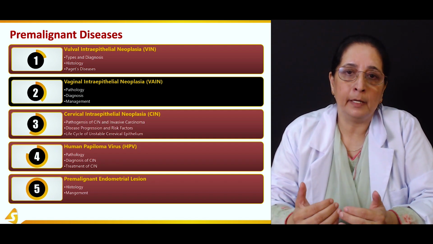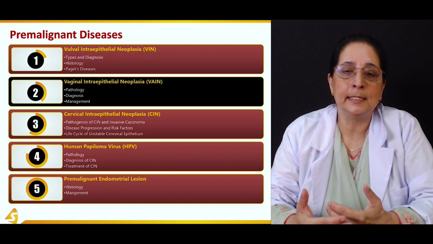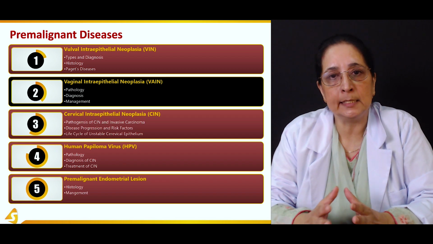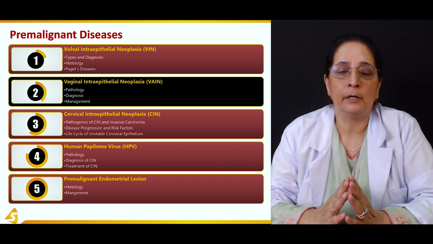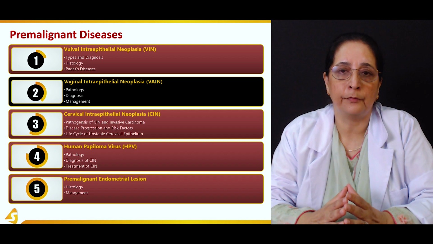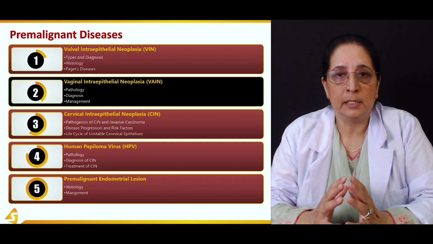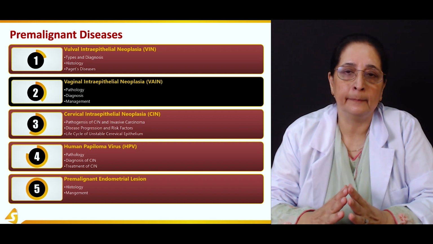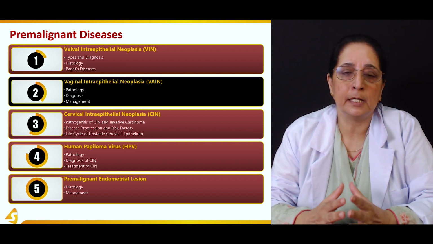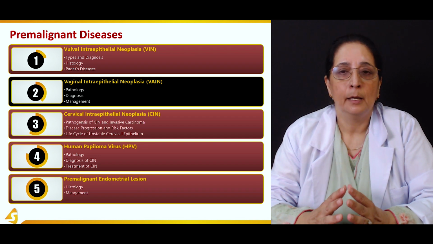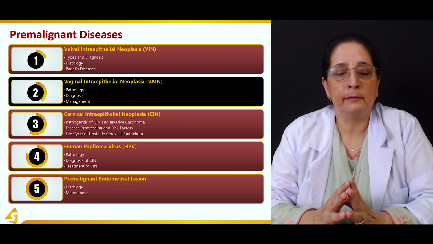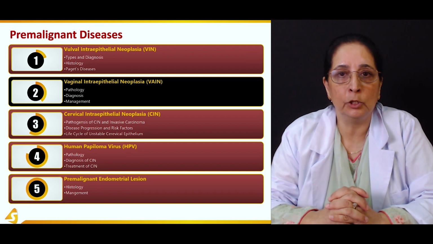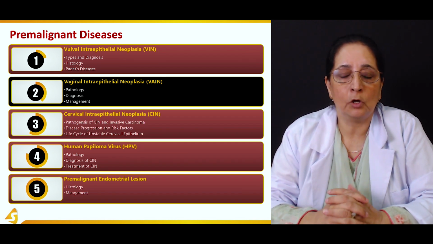All these come in the pre-malignant diseases because they can lead to malignancy if the treatment or if the diagnosis is not performed early. So it is very important that we should know about the early signs, symptoms, and presentation of the patient. So in this, we will talk about vaginal intraepithelial neoplasia, and we will talk about what's